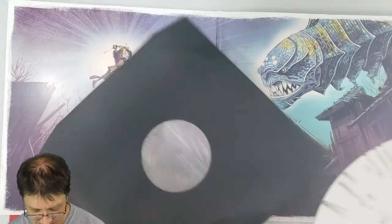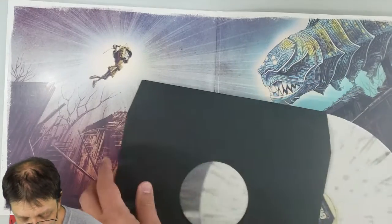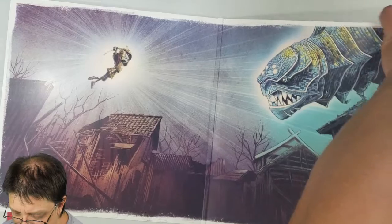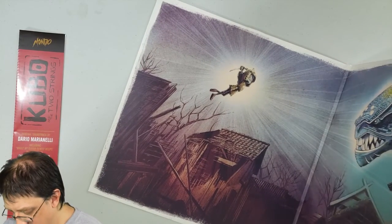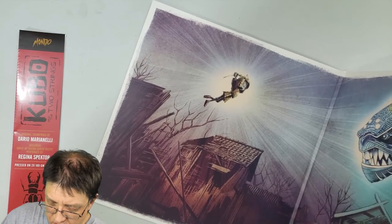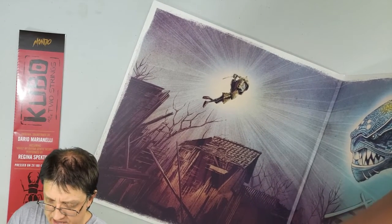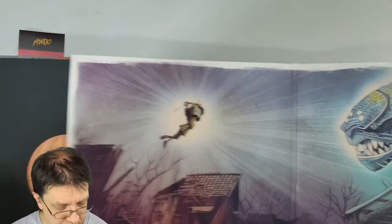Look at that. Oh. Yeah, I have a thing for color vinyl, and most of the time the color vinyl sounds really good, so I'm very excited to listen to the pressing of this to see how clean this one came out, because usually Mondo does pretty good with their color vinyl quality, so we'll definitely take a look at that. Let's take a look at the other record, see if the label's the same or a bit different,